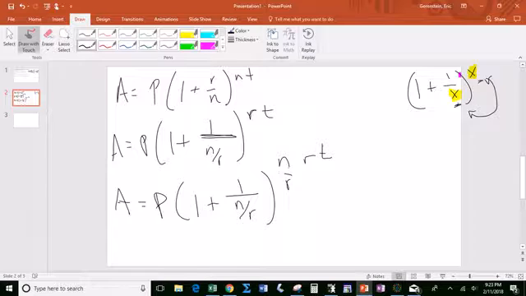So, oh, sorry, this is an n. Yeah, so here you still have an n and a t, that works. But we have an r over r, so that technically is equal to 1. All right, so